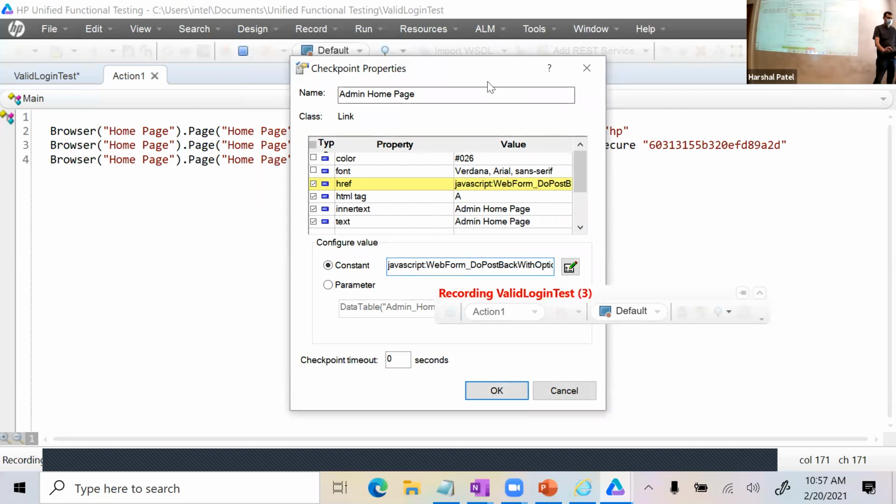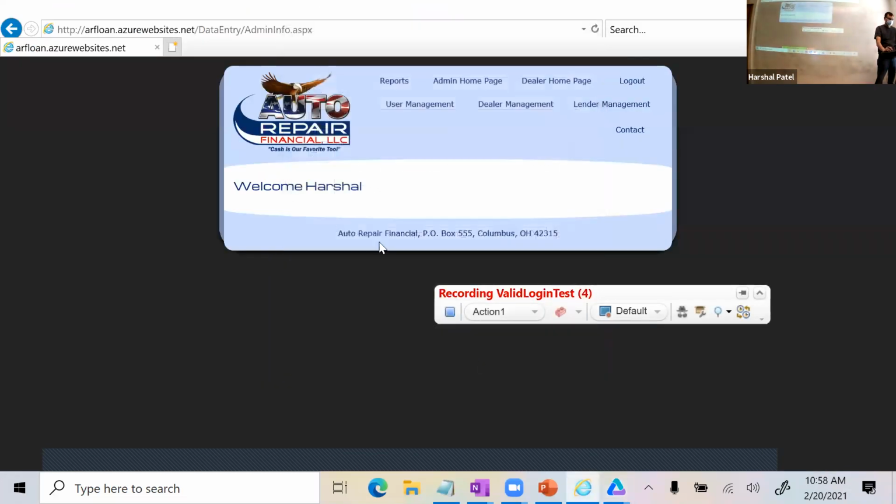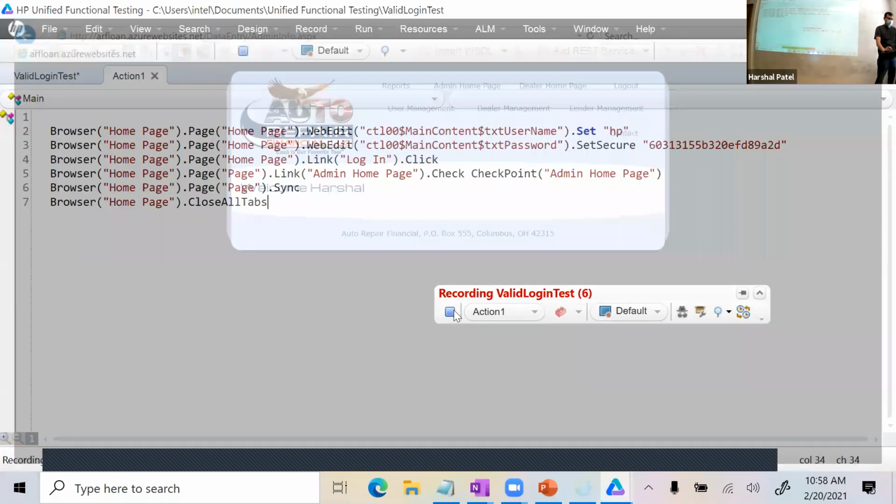So here it popped up this dialog box, right? As I said, it will capture all the properties and then compare them during runtime. If you change the link name or any of the properties in the software, then it will fail when you run next time. The main thing is to compare the inner text, the text of the HTML link and so forth, and it will store it. So for now, I'll just click OK and close out, stop recording,